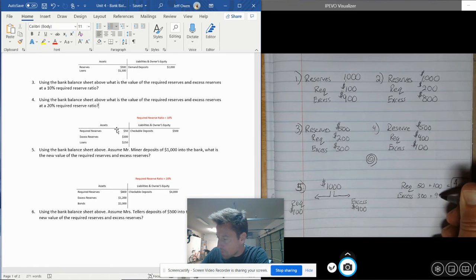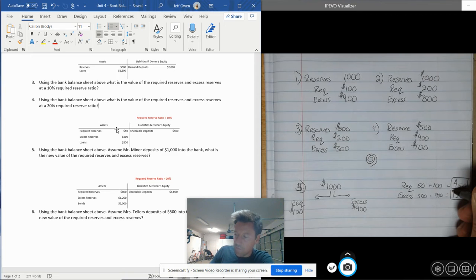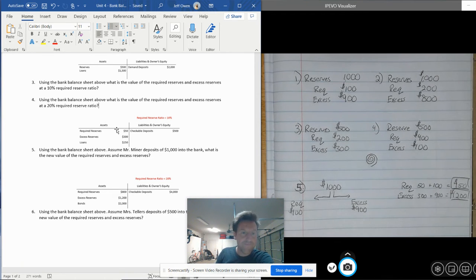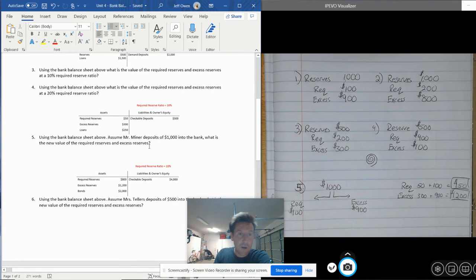We're going to add 900 to that. So should be 1,200. Cool. So on our T chart, our required reserves would be 150. Our excess reserve would be 1,200. Alrighty. If we want to check our work, we could say, okay,